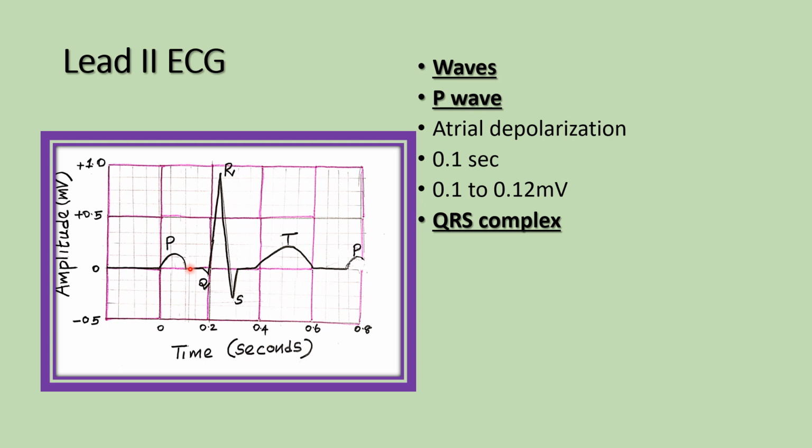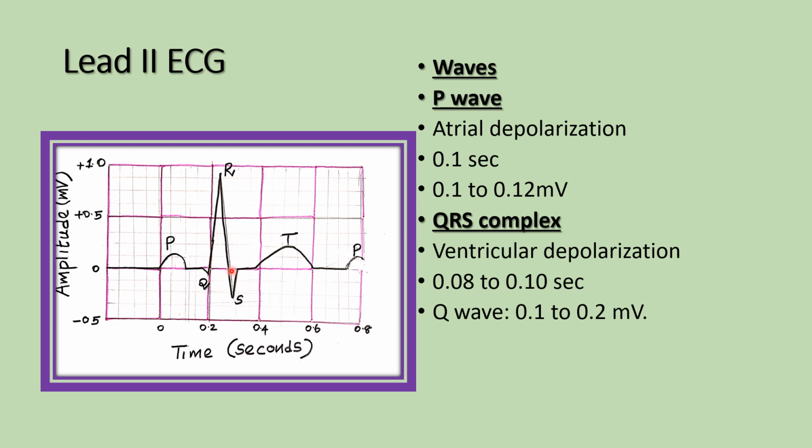Atrial repolarization we cannot see separately. It is merged with the QRS complex. The QRS complex is mainly due to the ventricular depolarization. The duration of the QRS complex is 0.08 to 0.10 second. So it can occupy 2.5 small square duration. Amplitude is